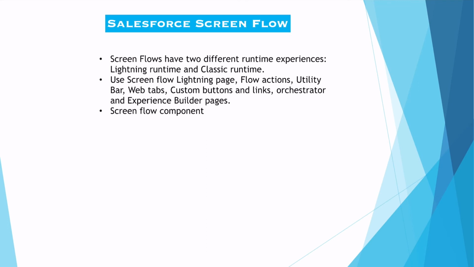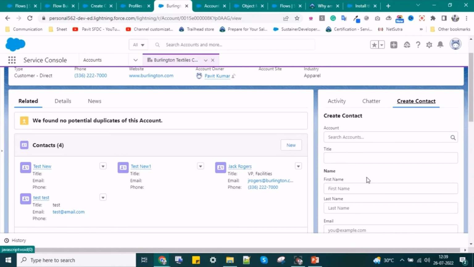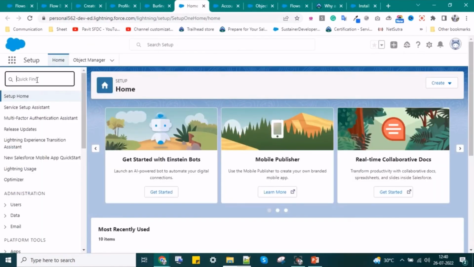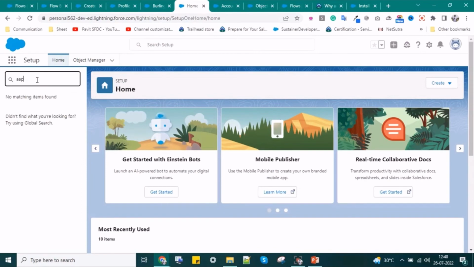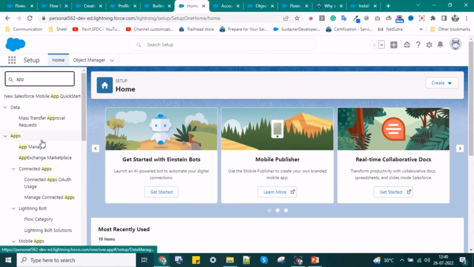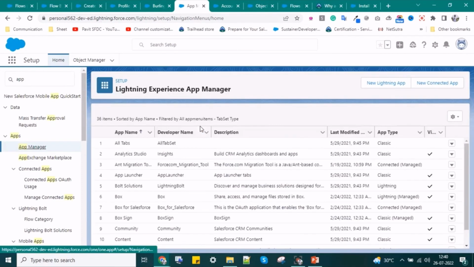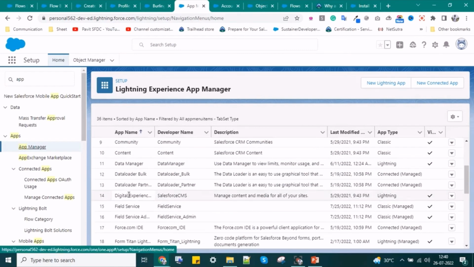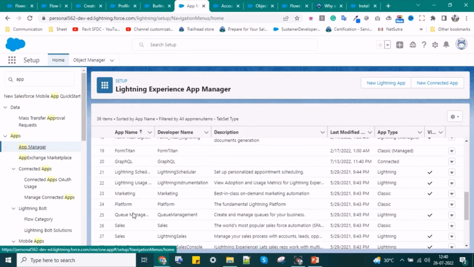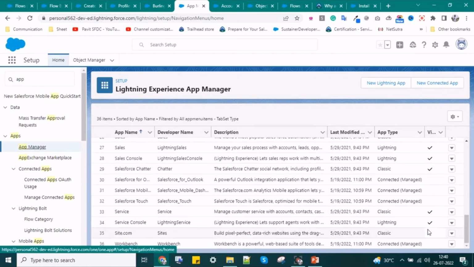So the next is utility bar. Search for the app, go to the app manager, and open up the console app where you like to see that action or flow, the screen flow, in the utility bar. So I am adding that to the service console. So edit the console application,